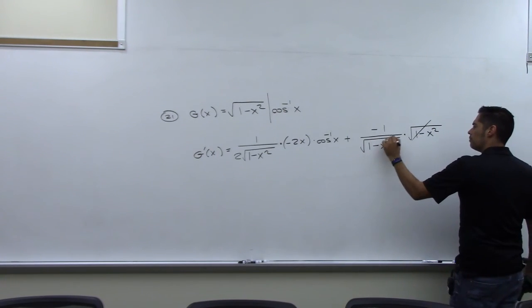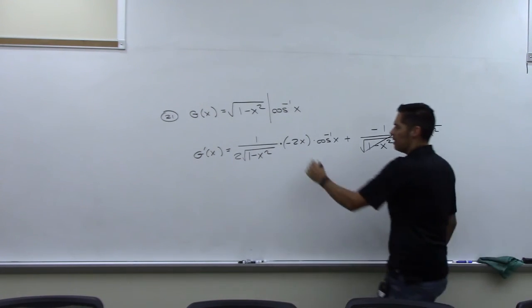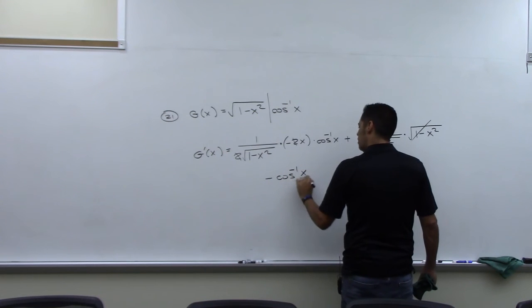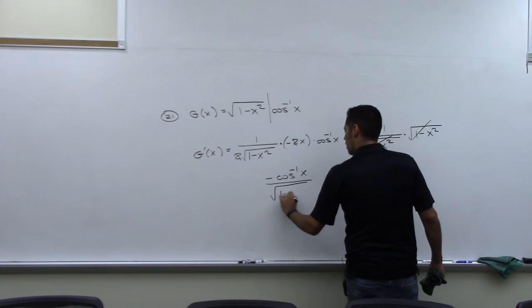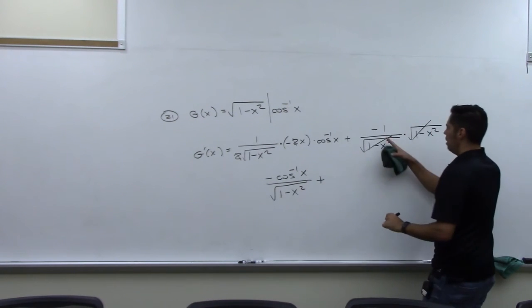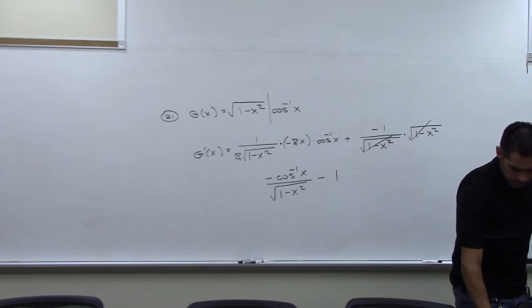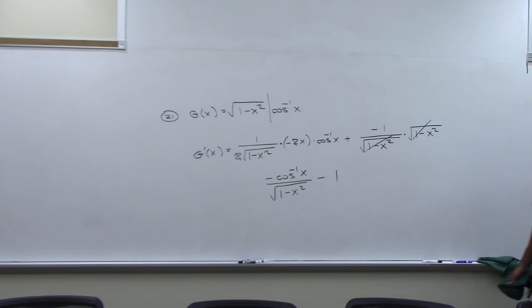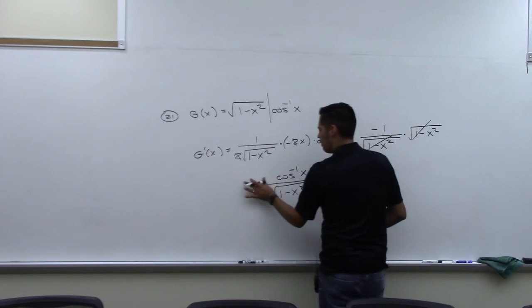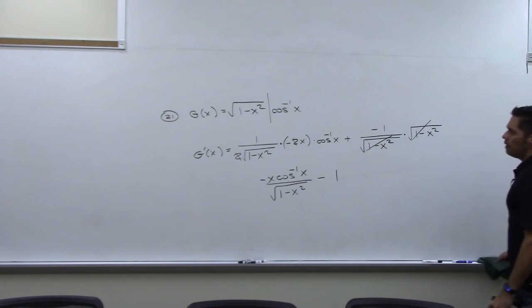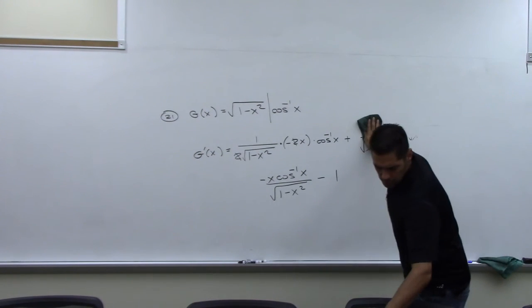These cancel. And then over here you get this 2 and this 2, so you have a negative 1 on top, so negative cosine inverse x over square root of 1 minus x squared plus, negative 1, so minus 1. I'm missing my x. Negative x, that x right there. Sorry, I canceled the 2's, but not the x's. All right, that's it for 21. 22,